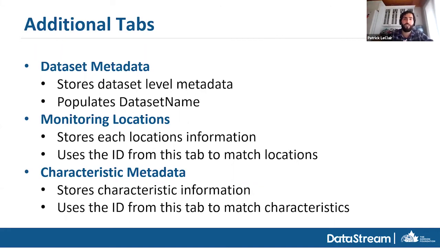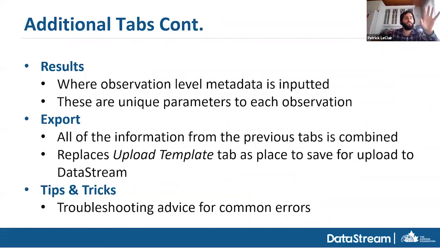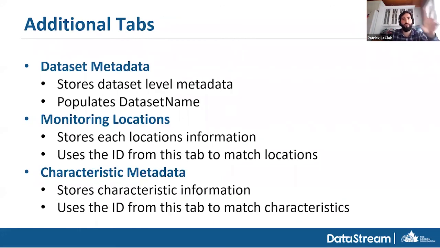And then we did the same thing with characteristics. So instead of you having to put in each time the characteristic name, the method speciation, the unit, the result sample fraction, the lab, all of that information, we automatically populate that for you by having you put that information in just once on the characteristic tab. So once these 3 tabs here with all of the metadata related to your locations, characteristics, and data set are filled in,